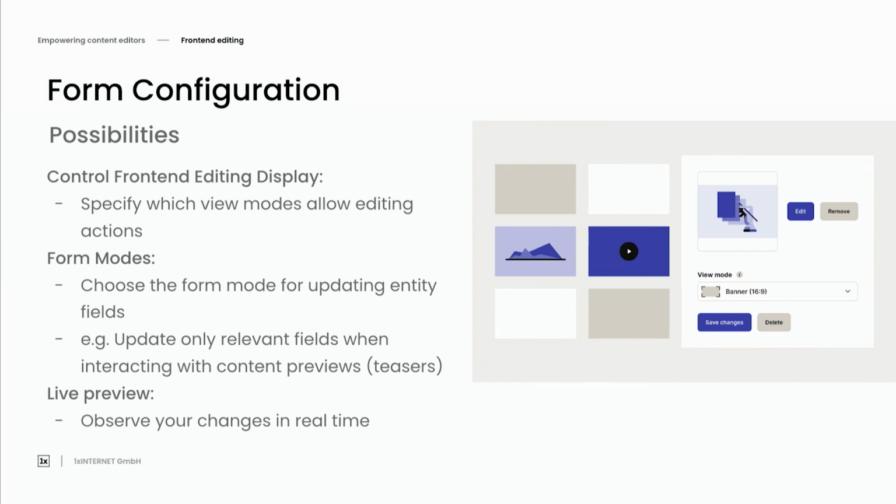The different thing we can do with these form configurations is the ability to choose the form mode for updating the entity fields. Now, what does this mean? Well, let's say we have components themselves, not just on our page and multiple pages, that are actually complex themselves, and they contain a lot of complex fields and a lot of overwhelming behaviors and settings. How can we actually reduce the complexity there as well? Well, this is where this abstraction comes in.